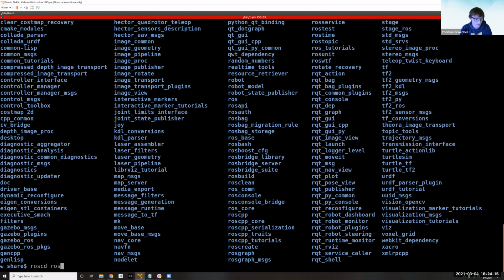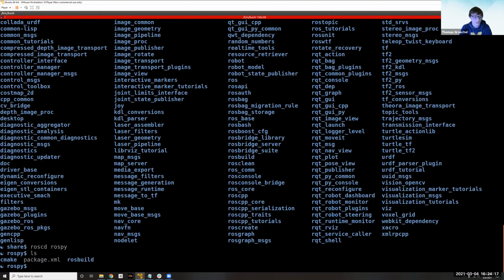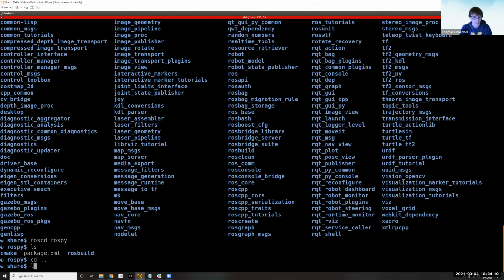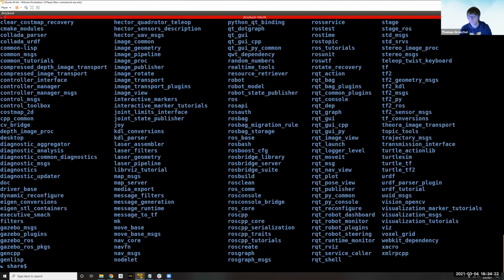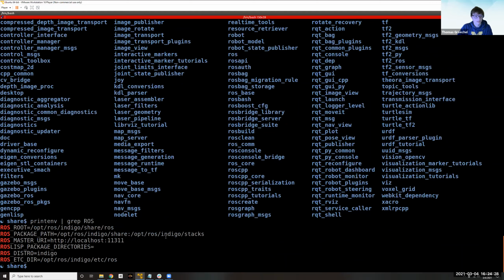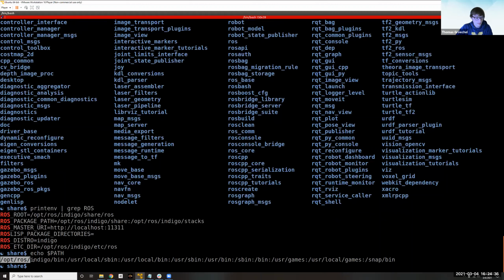So let's roscd to rospy. And all that is just a folder that was inside of the share folder, and that was found through your ROS_PACKAGE_PATH. Right here. It also changes your PATH and adds /opt/ros/indigo/bin,